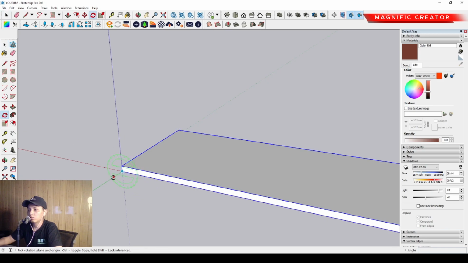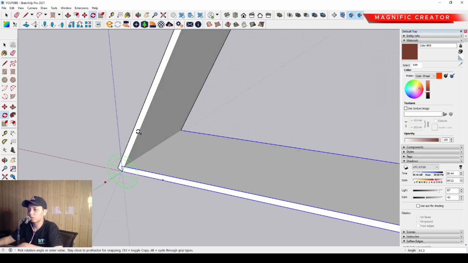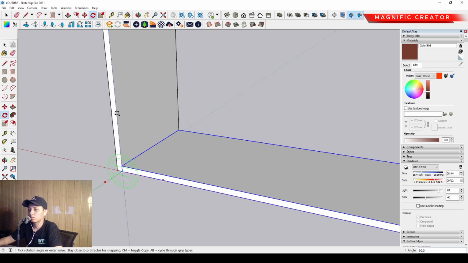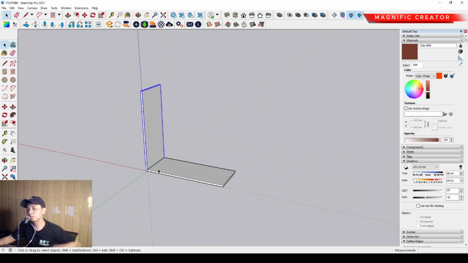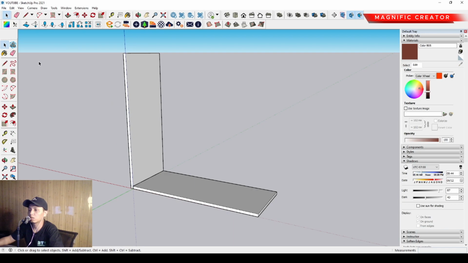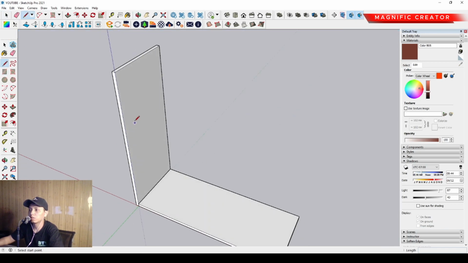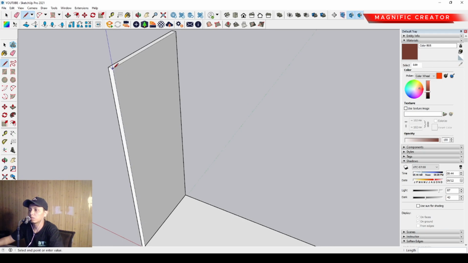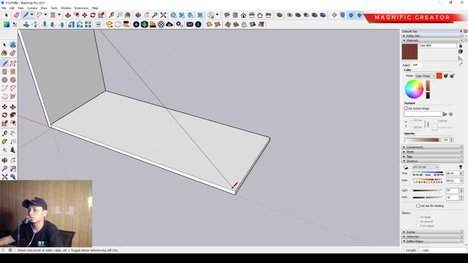Okay, we can rotate through the green axis and duplicate by pressing Ctrl on our keyboard, and we can rotate 90 degrees. And then we can make the triangle support on here. We can make a triangular support with a line, and we can connect from the corner to the bottom corner,